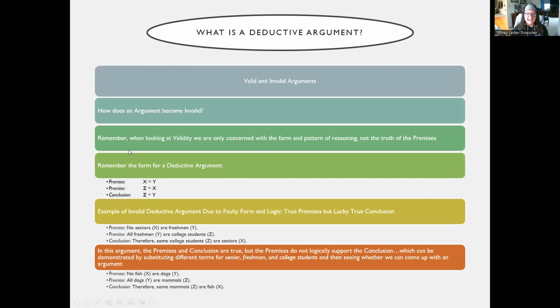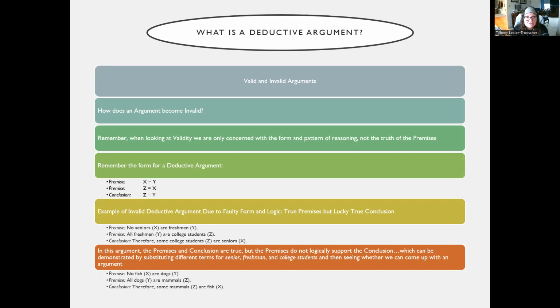So now we have an example of an invalid argument that is going to seem valid because we're going to know the conclusion is true. Again, when you're not sure of the topic being argued, then you're not going to know that the conclusion is actually true, even though the form is invalid. So don't let that confuse you. Here you're going to think, oh, this is valid because I know that conclusion's true. No, look at the form